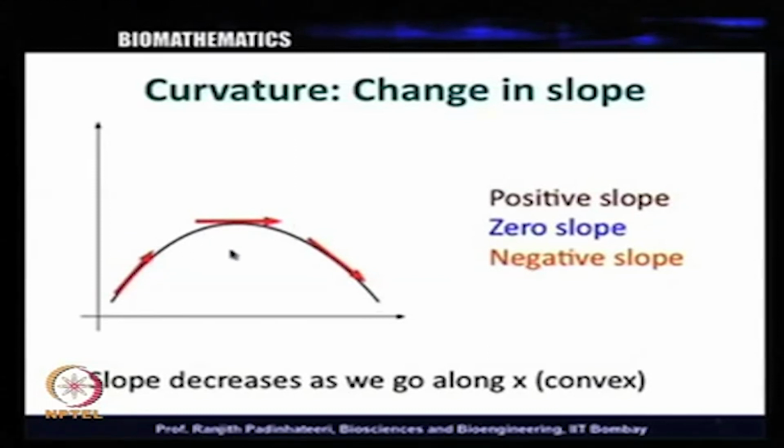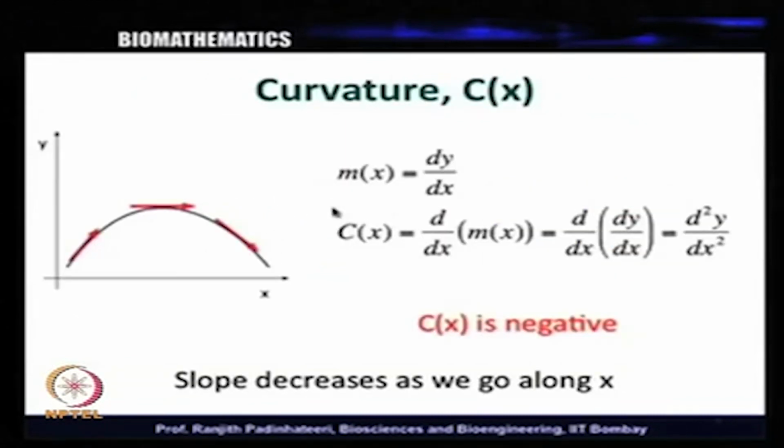and one important thing we learned here is that the slope at this maximum point is 0. If you calculate the slope here, this is 0. And we found the curvature is nothing but the first derivative, dy by dx, is slope. You can calculate its slope at different points, and you will find that the slope goes from positive to negative, and then you can calculate how this slope itself changes. So, the change in slope, d by dx of m, where m is the slope,